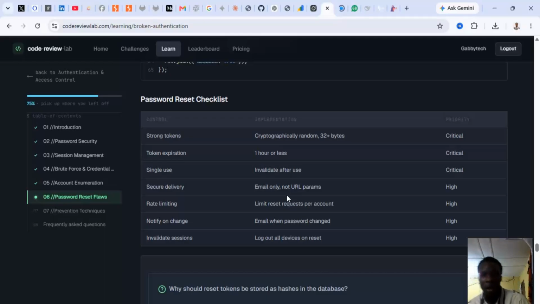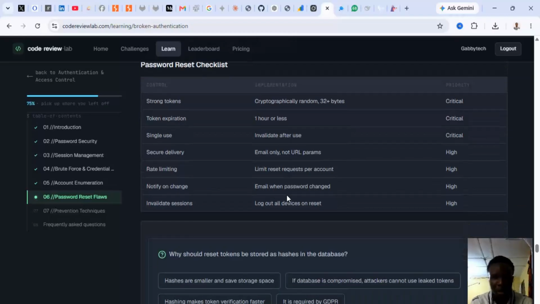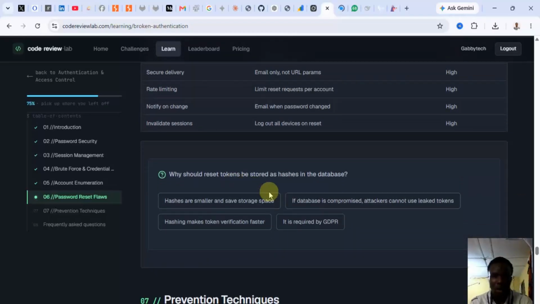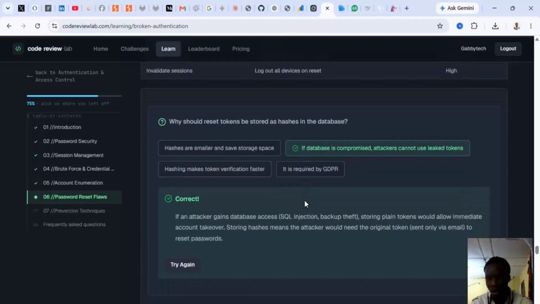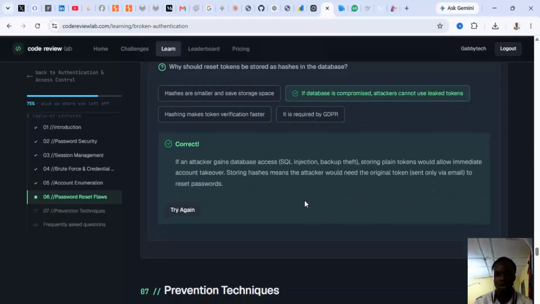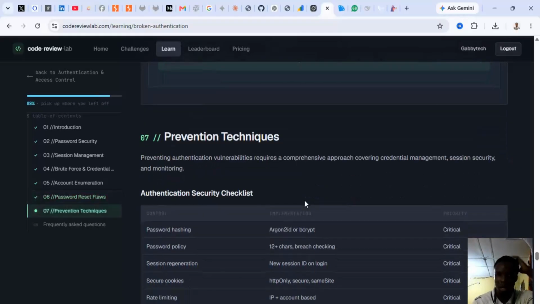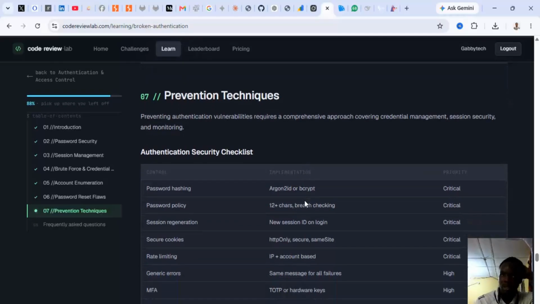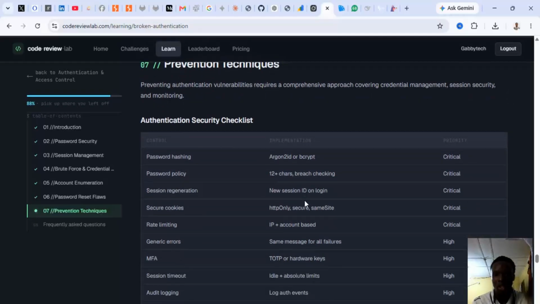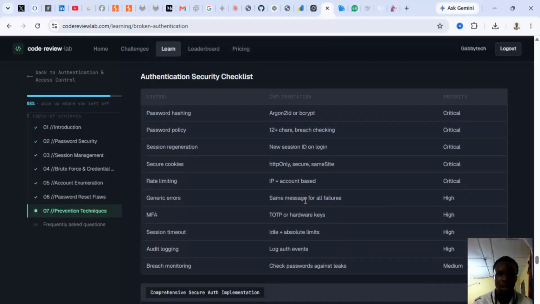Now the question: why should reset tokens be stored as hashes in the database? If the database is compromised, attackers cannot use leaked tokens. Yes, because now the tokens, the passwords are hashed. So of course, if they are not something written in MD5 or so, then an attacker can't do anything about it. So, prevention techniques we have here: password hashing, password policy, session regeneration, secure cookies, rate limiting, generic errors, MFA, session timeout, audit logging, breach monitoring,